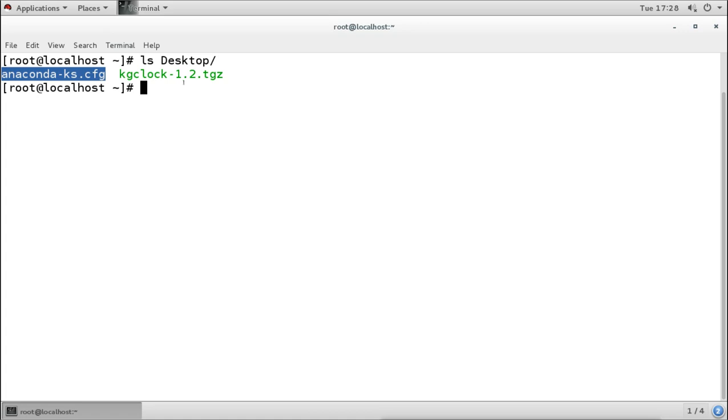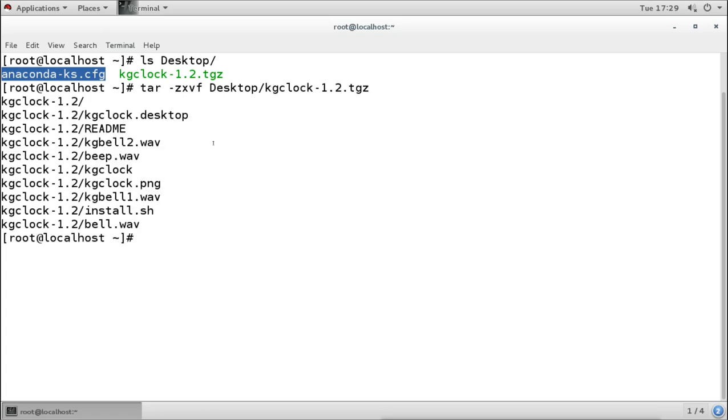It is actually a tar file which is zipped, using the gzip command. So what we will do here is extract this file first. Now it is extracted.